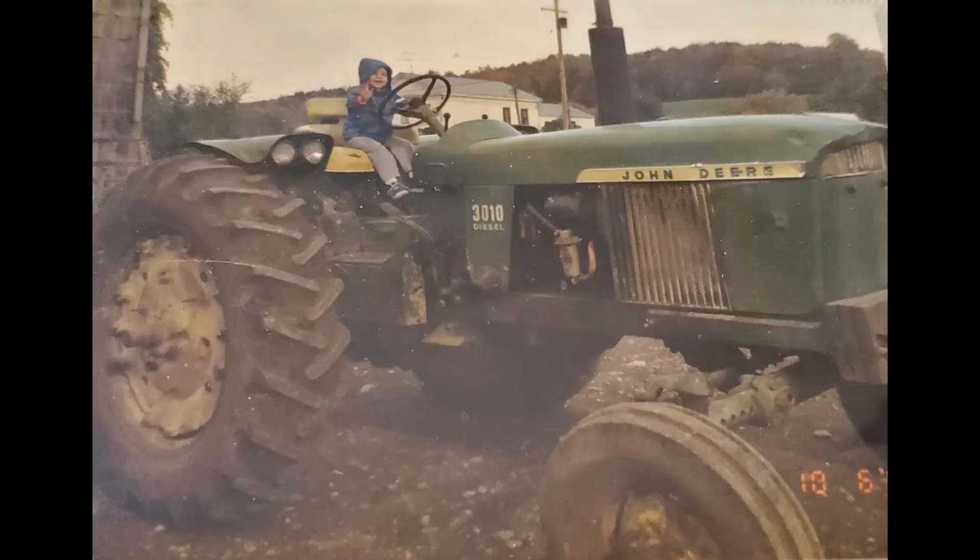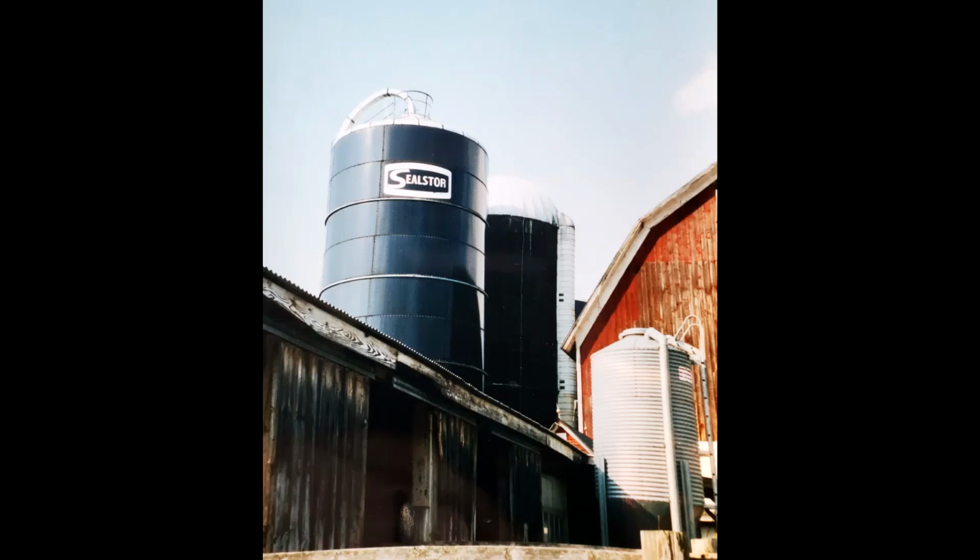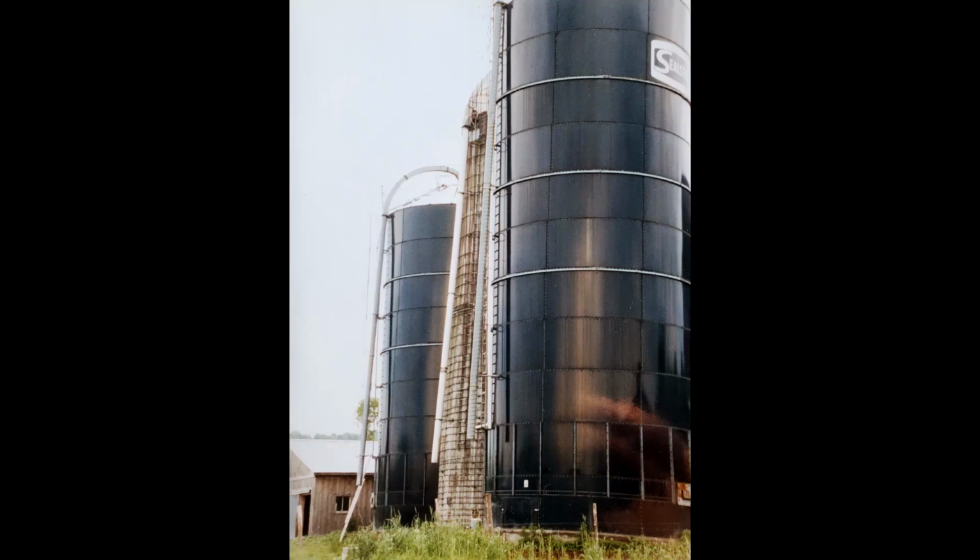That's my cousin, one of my cousins visiting from New Jersey. That's when the seal stores were put up. Couldn't find anything when they were building the seal stores. I know we have them somewhere, but it's the high moisture corn unit and then the haylage unit. You can see how the wood silo's leaning. The